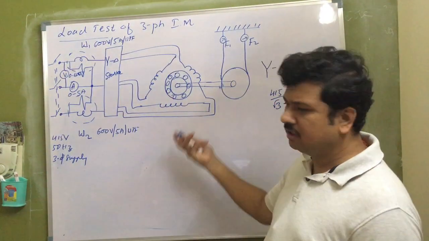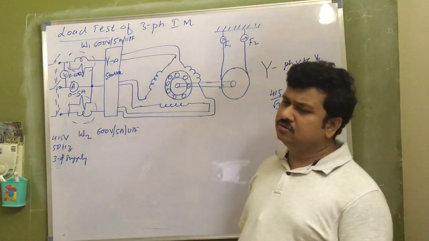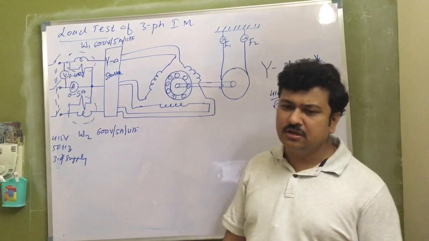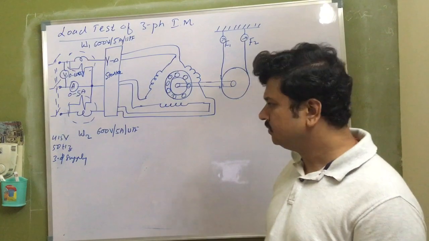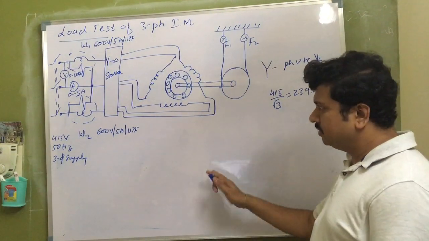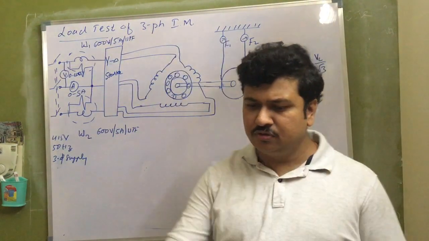The rotor, no doubt, is a completely brazed cage form structure, so there is no question of star or delta connection in the rotor. So this is about the circuit orientation and the connections of the induction motor. So now